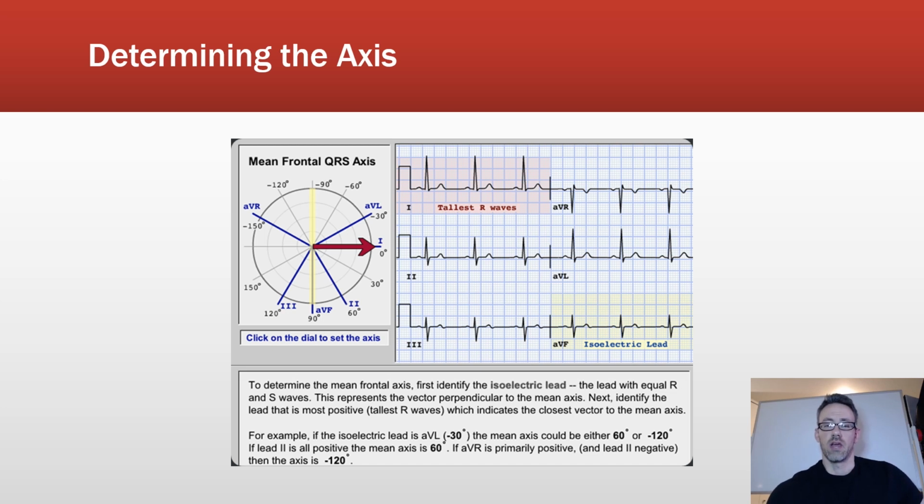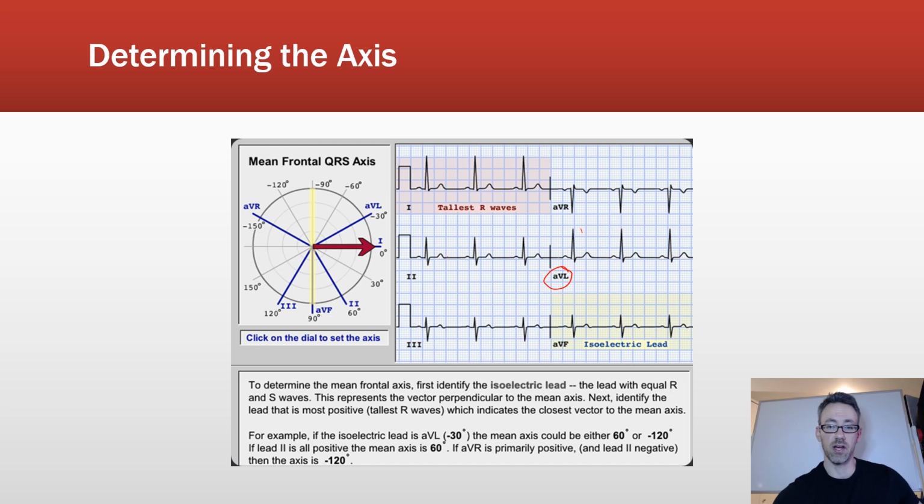So if I take a look at lead 1 and lead 2, I see primarily an upright R, which is good. You see that upward deflection. However, I told you before that under normal circumstances, leads 1 and 2 should have the most upright deflections. They should have the tallest R's. But in this case, that's not what's happening here. If you take a look over here at AVL, 1 is nice and tall, has nice tall R waves,